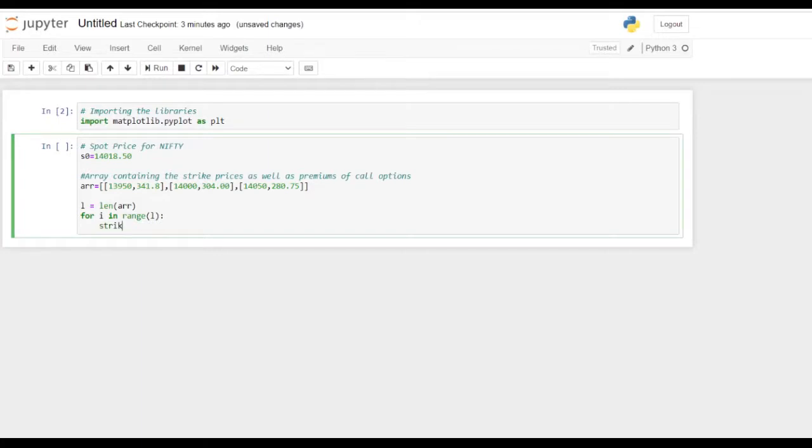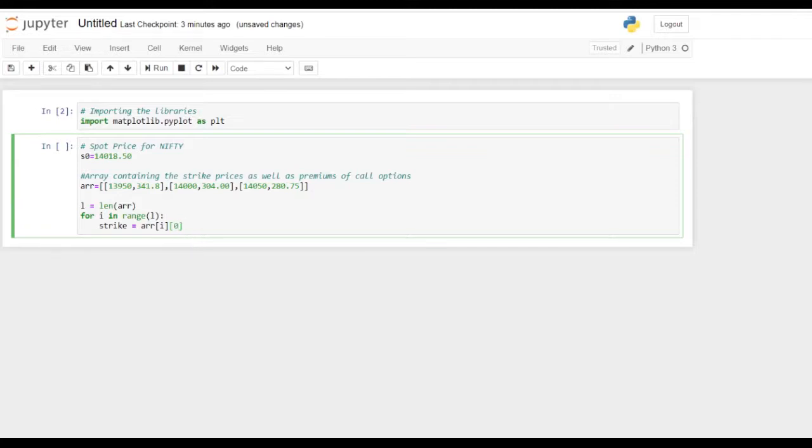So first I'll find the strike price. The strike price will be array[i][0]. What does i mean? i means the current counter, which in the first iteration will be 0. So the 0th element of the array will point me to 13950, 341.8, and now I want the strike price. So of this list, the 0th element will be the strike price.